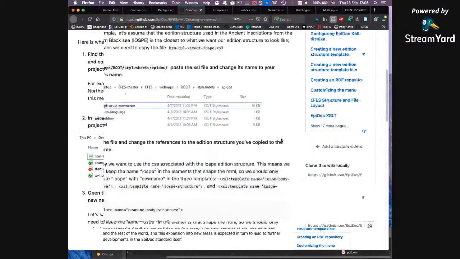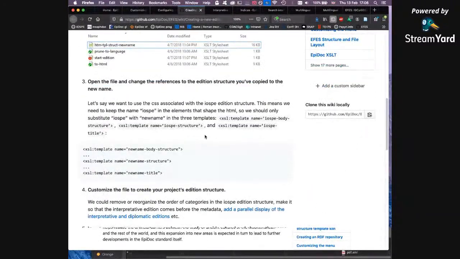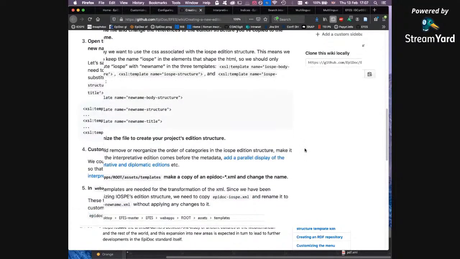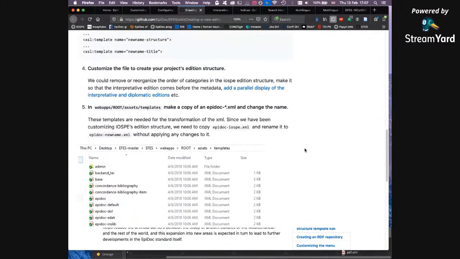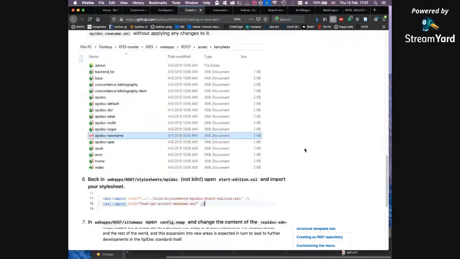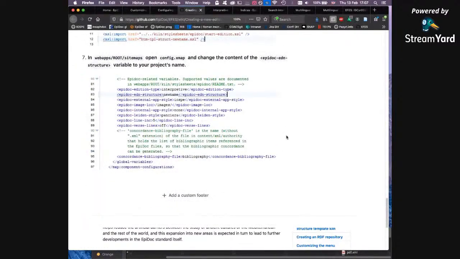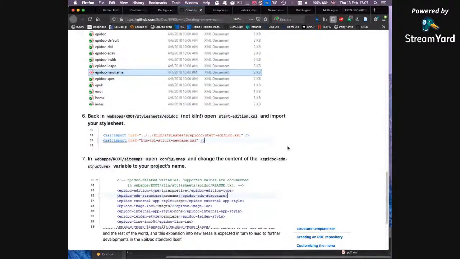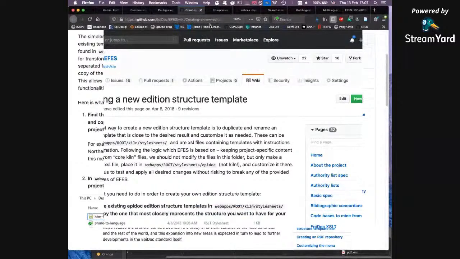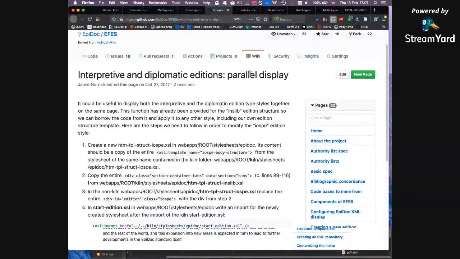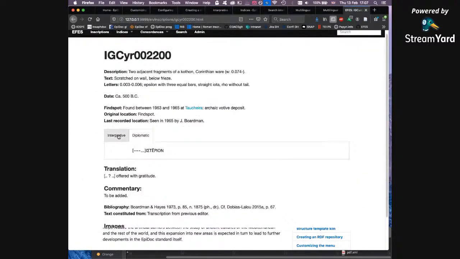We tweak things inside it. We make sure we name things consistently so the file dependencies can work. And then at the end of everything, we reboot. Yes, and this is the code for the parallel display of interpretive and diplomatic, which you see here for this bit. It is possible to only have one,